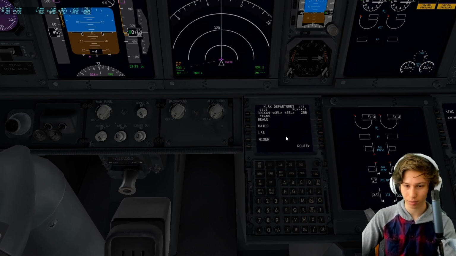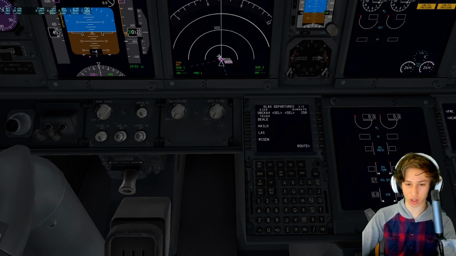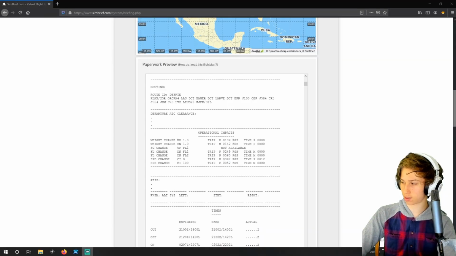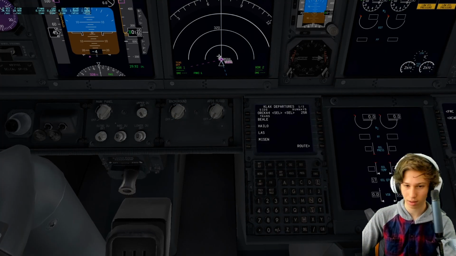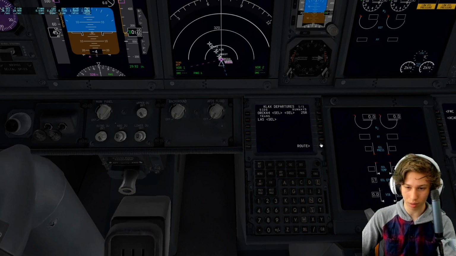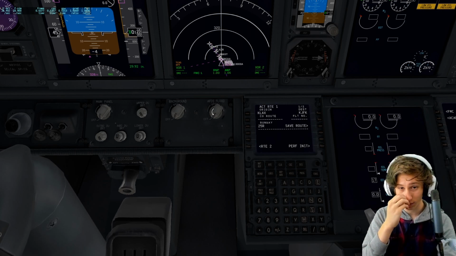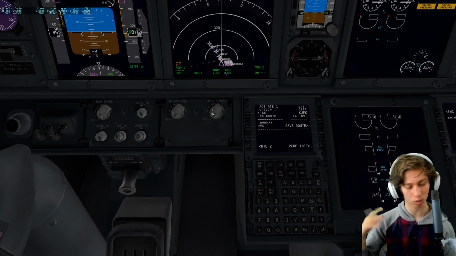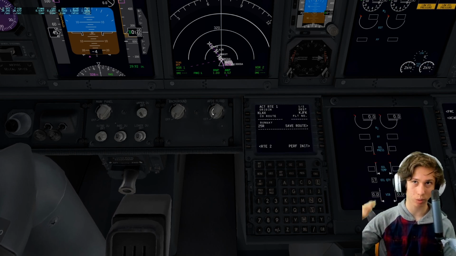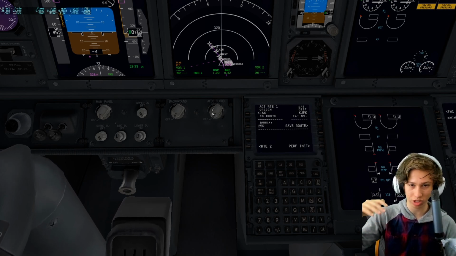There you go. And then if we look at Simbrief again, it has the LAS transition. So let's just set that up into the sim. LAS transition. There you go. Boom. Routes. Activate. Execute. Nice. So the other route, this would be it. Boom. Done. We're done with the departure,